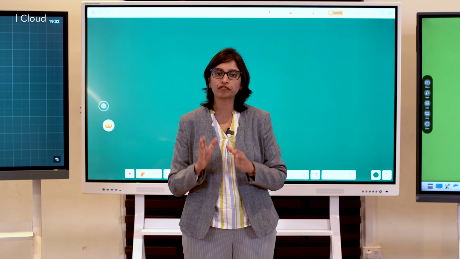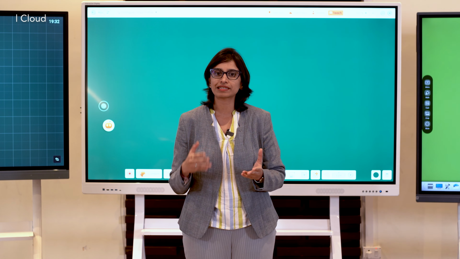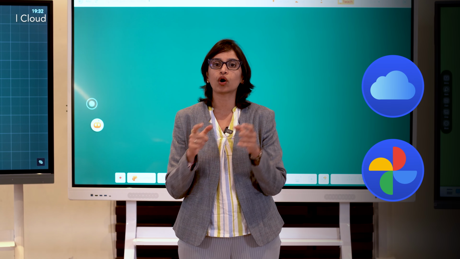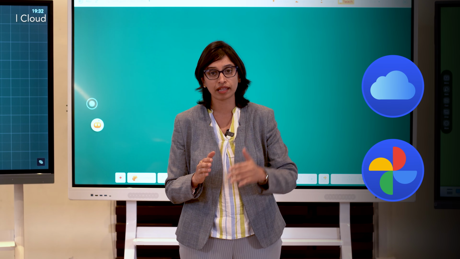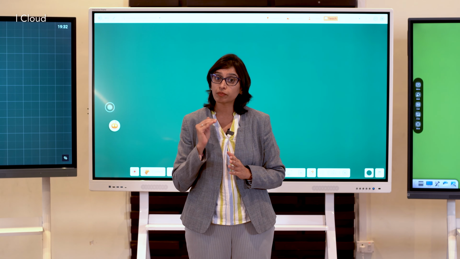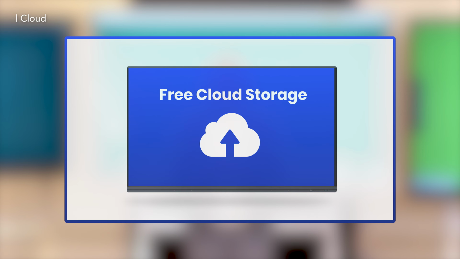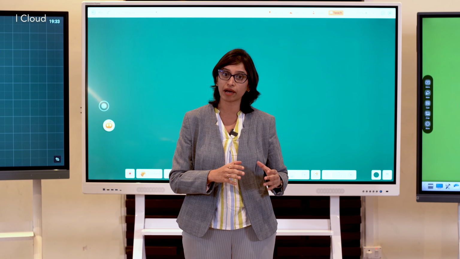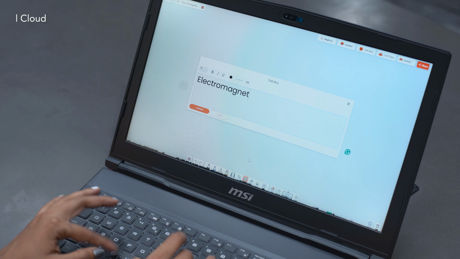Most of the digital boards offer cloud storage, which is similar to services like iCloud or Google Photos. This eliminates the need to store your data on the device and to ensure that you bring it to the classroom. So this makes it more accessible and safe. For boards that provide up to 5 GB cloud storage, you could definitely take advantage of this particular feature. Additionally, check whether the interactive display comes with a teaching app which helps you to access this even remotely.